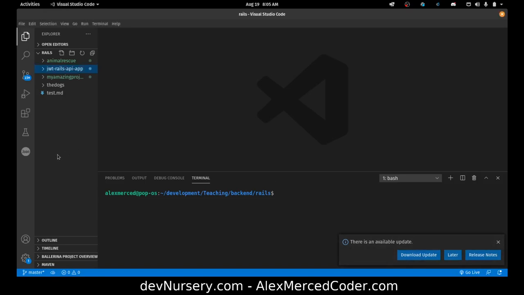So we're going to create a new Ruby on Rails application. I've got my terminal open up to my Rails folder. So I'm going to type in rails new to create a new Rails project. This is going to be a blog app, a very straightforward blog app. So rails new blog app, and actually we'll make it a notes app, so that way it's even simpler. Rails new note app,